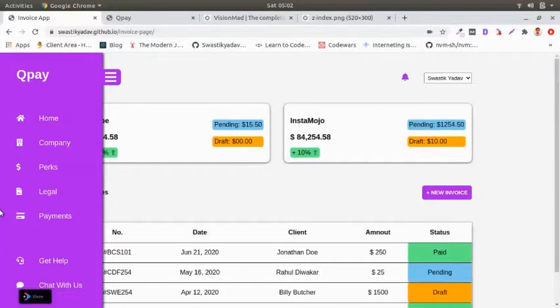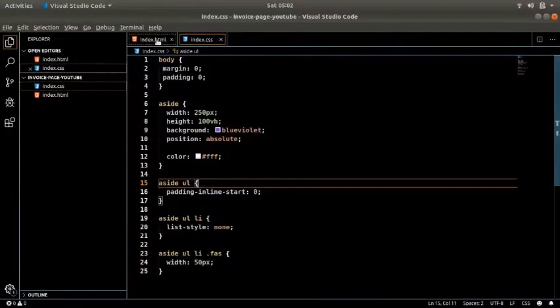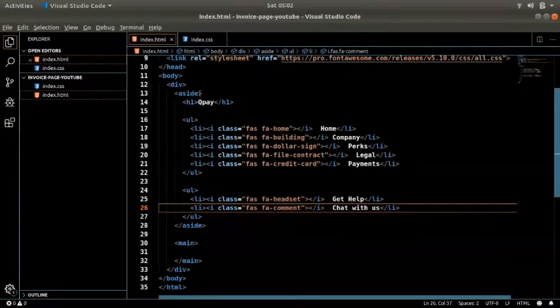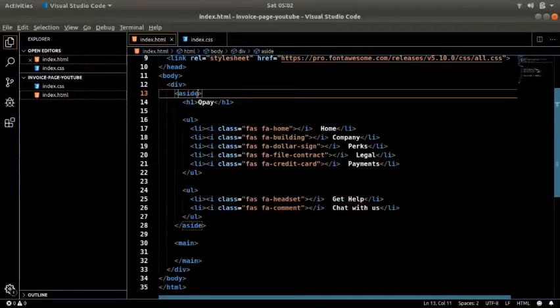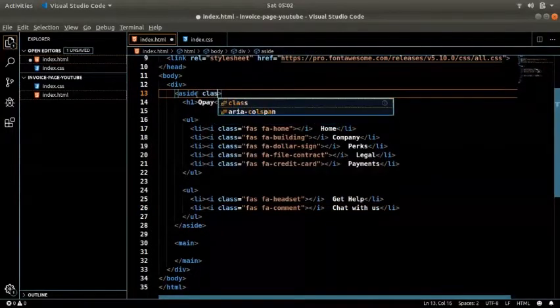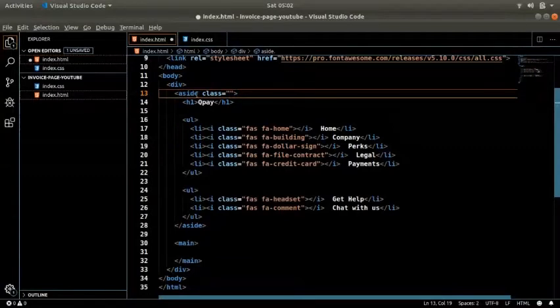That wrapper will shrink it and provide padding on both sides, and this will be achieved. So let's try to do this. For the wrapper, I will add a class here. I will call it side wrapper.